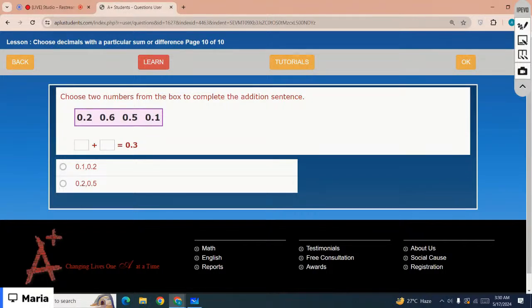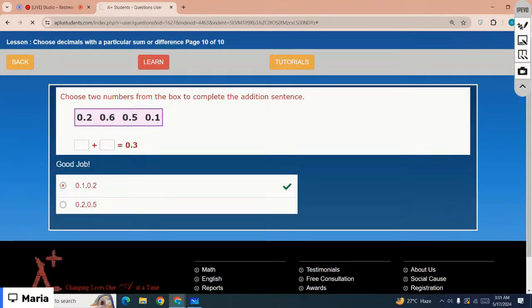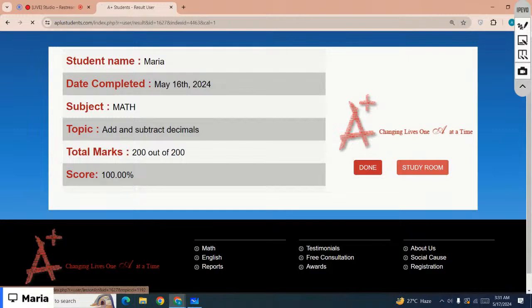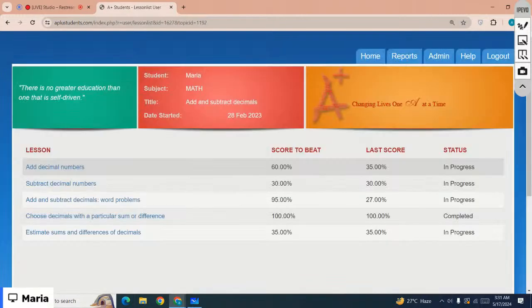Choose two numbers from the box to complete the addition sentence. Dash plus dash equals 0.3. The correct option is option number 1. Okay, let's move on to the next lesson, right? And the next lesson is